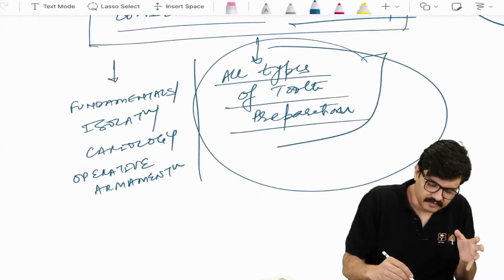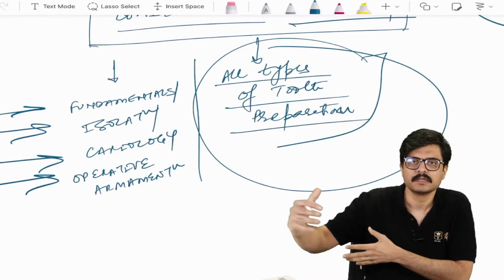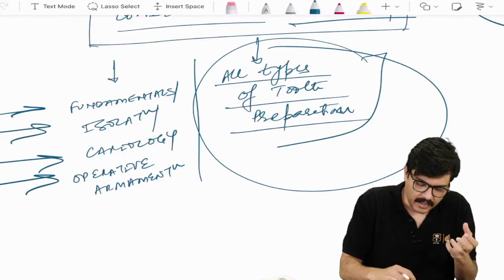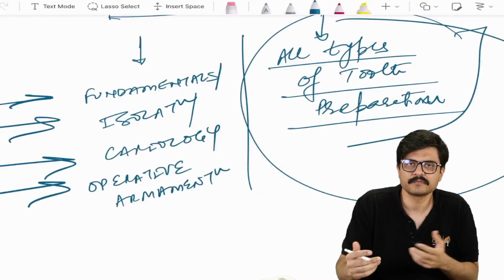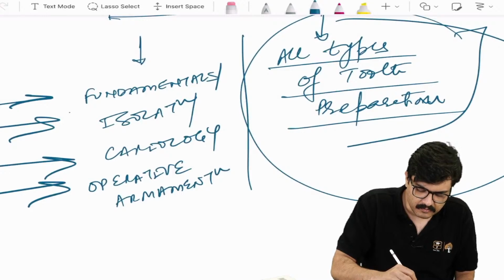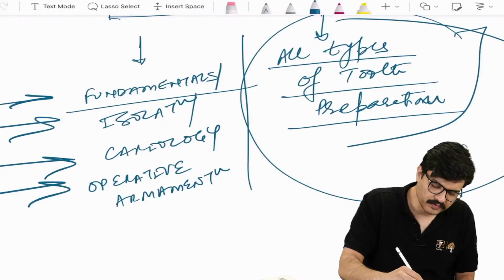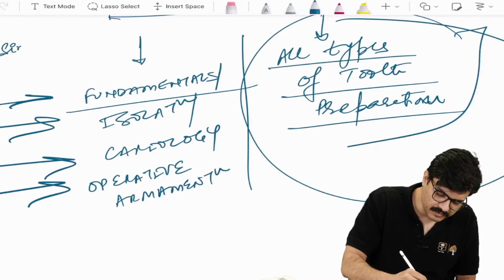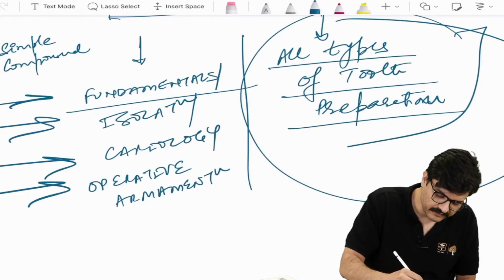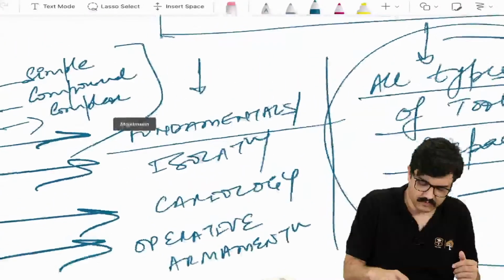Equally important are these specific chapters, which are not as much in volume compared to the rest of the syllabus, but they're much more frequently asked in terms of weightage as far as questions are concerned. For example, as recently as this year's INI, from the chapter of principles of fundamentals of tooth prep, they would ask a question in which they want you to know the difference between a simple prep versus a compound prep versus a complex prep. So one surface involved, two surfaces involved, more than two surfaces involved. You should know this.